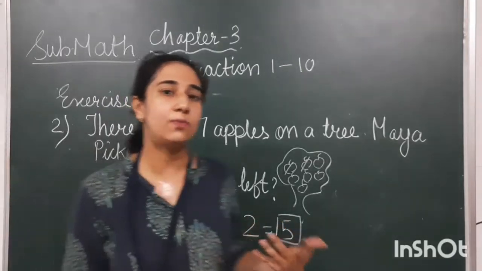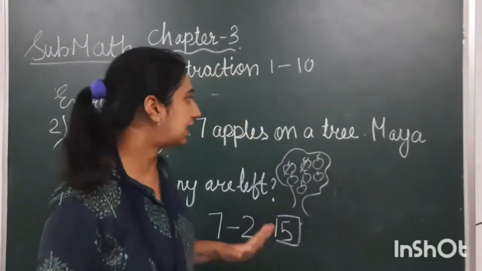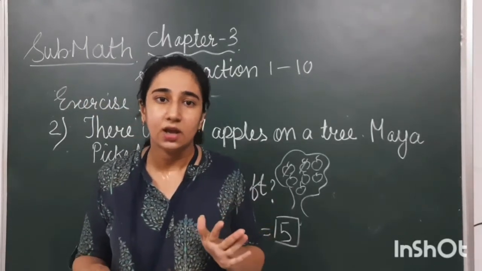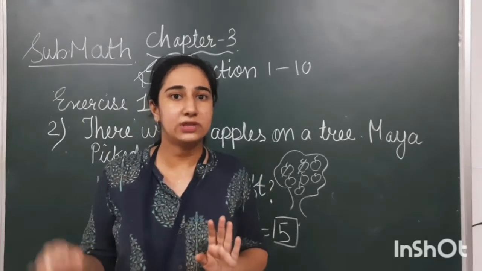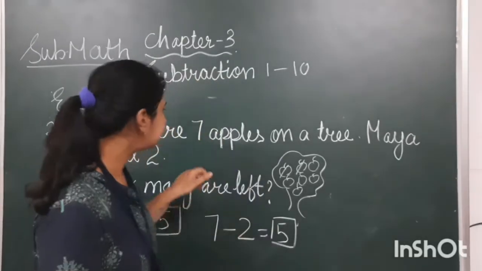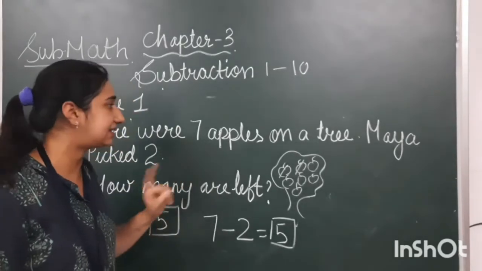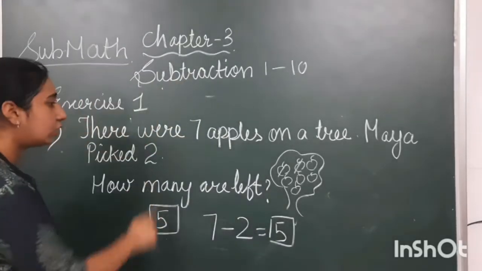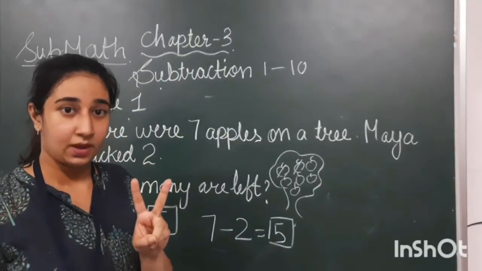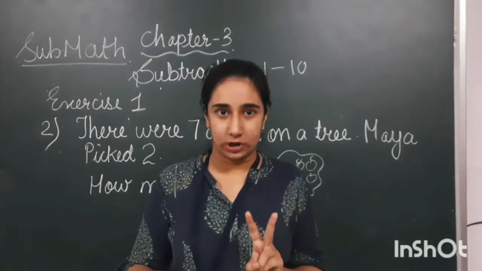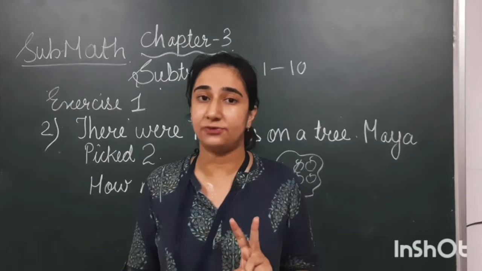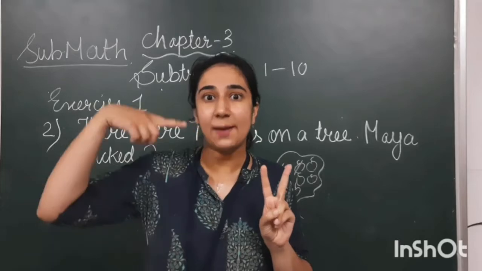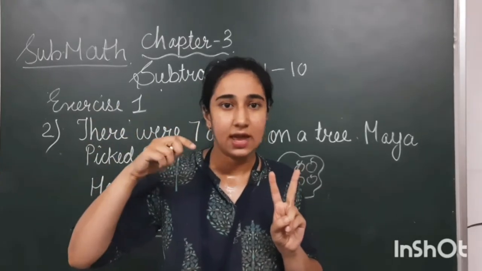See, I am teaching you one more method of doing this. Here, same as I explained to you in addition, here also we will apply the same method. We will not make the balls or anything. We will use our brain and the fingers. Here 7 is given first of all and the 7 is greater. So I will keep 7 in my mind and will show 2 on the fingers. And in subtraction we count before, as in addition we count after. In subtraction we count before. Now 7 before, the number which you kept in the mind, I kept 7 here as 7 is given.